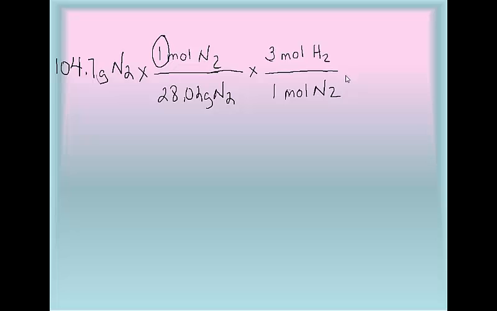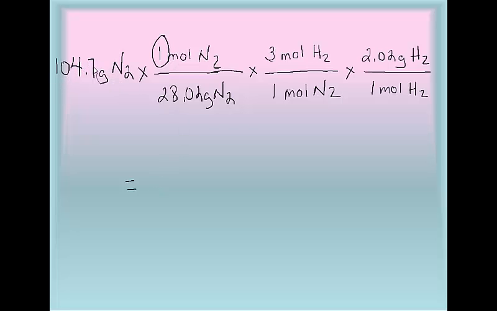The question doesn't ask me how many moles of hydrogen gas. If it did, I'd stop right here. It's asking me what mass of hydrogen gas. So again, I have to go to molar mass of the hydrogen gas, which is 2.02 grams. And I multiply the top, divide by the product of the bottom, and I get an answer in, let's see,